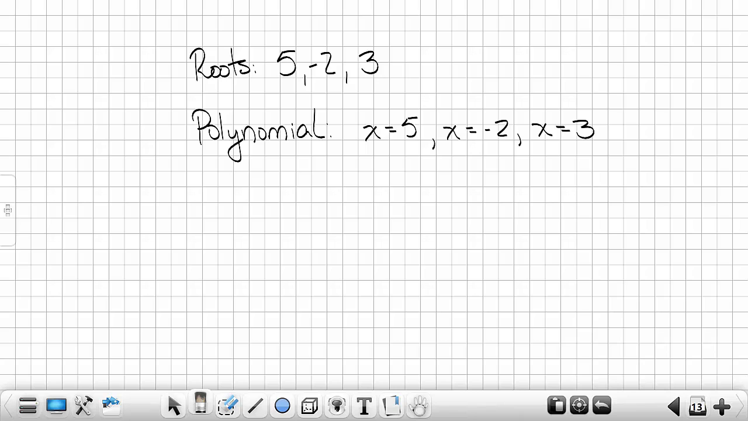They gave me my roots. I set x equal to each one. Now, what do I want each one of those actually to be equal to? 0. If we look back, the step right before this was they were equal to 0. So, x minus 5 equals 0. X plus 2 equals 0. X minus 3 equals 0. So if each one could be equal to 0, then their product